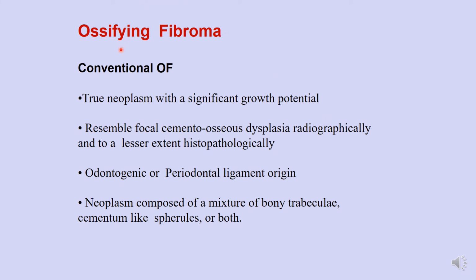Under ossifying fibroma, we have two types, conventional and juvenile. So let's first look at conventional ossifying fibroma. It's a true neoplasm with a significant growth potential, as I've already told you. It resembles focal cemento-osseous dysplasia radiographically and, to a lesser extent, histopathologically. The etiology is believed to be odontogenic or periodontal ligament in origin. The neoplasm is composed of a mixture of bony trabeculae, cementum-like spherules, or